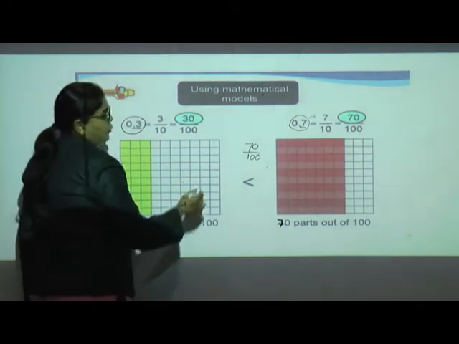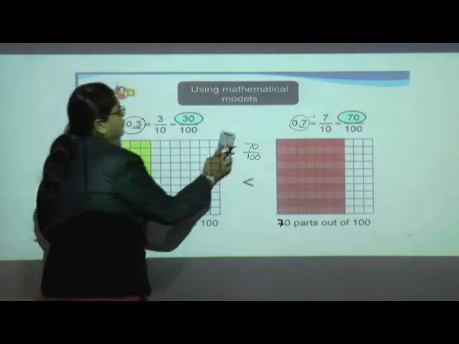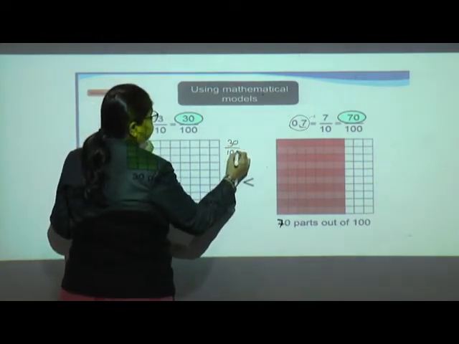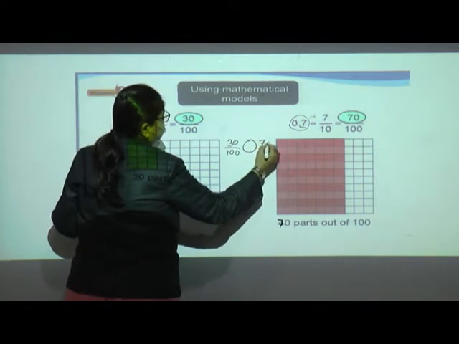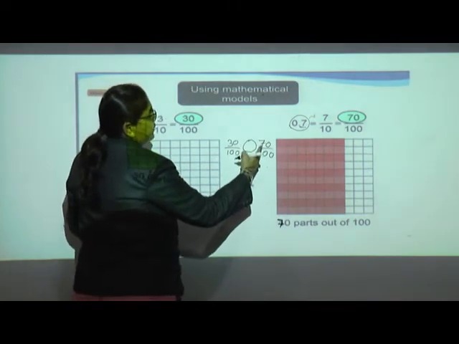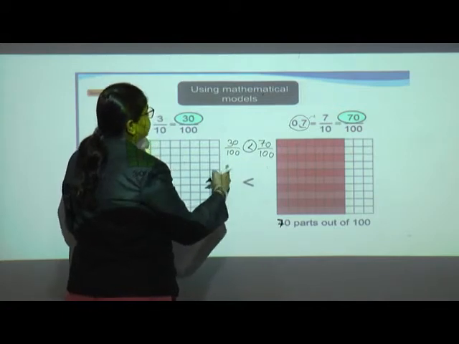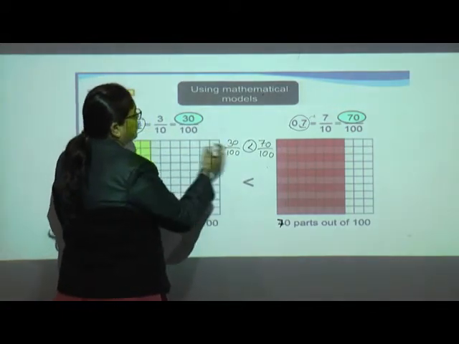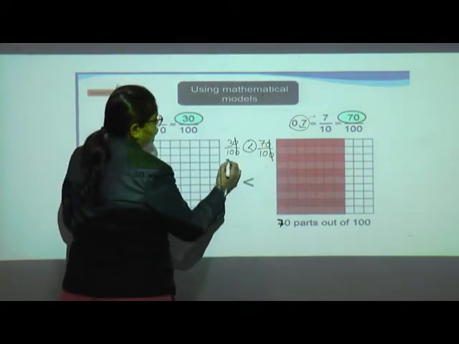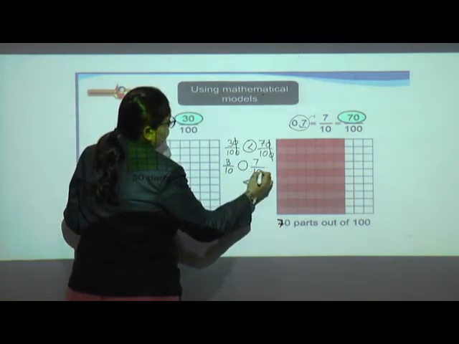So in short, we can say that when it is given in the form of a fraction also, 30 upon 100 compared with 70 upon 100, now you can see which is greater. Here, because 70 parts are shaded, it is greater. And if it is written in reduced form, what had we done? We had reduced. Here also we have cancelled the 0s. So it is written as 3 upon 10, and we are having a comparison with 7 upon 10.